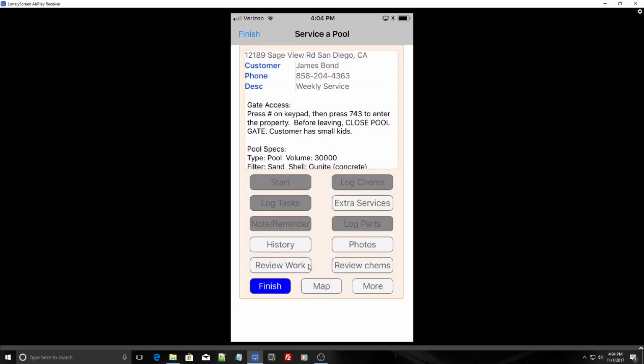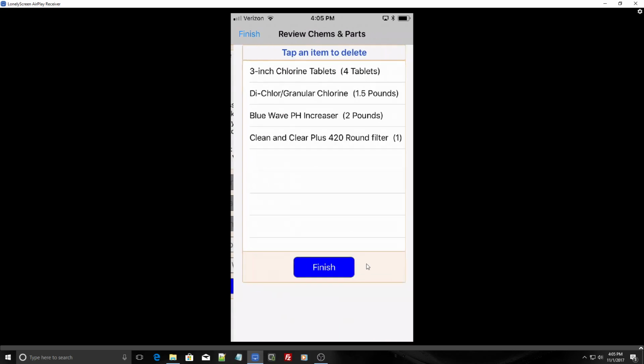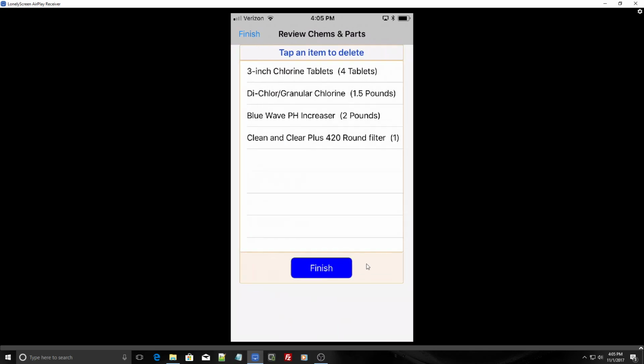And you can also review your chemicals and parts by clicking the Review Chems button, which is right here. So click Review Chems, and it brings up a list. Now let's say that I didn't really mean to log this part, and I want to get rid of it. I can easily do that. All I do is tap on that